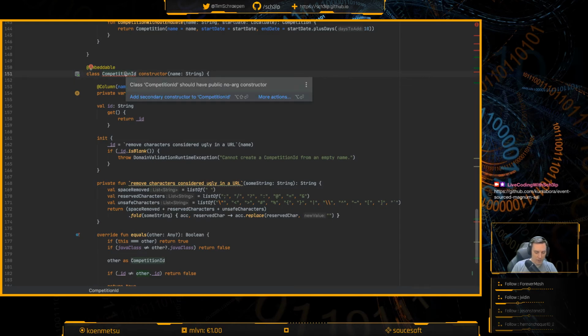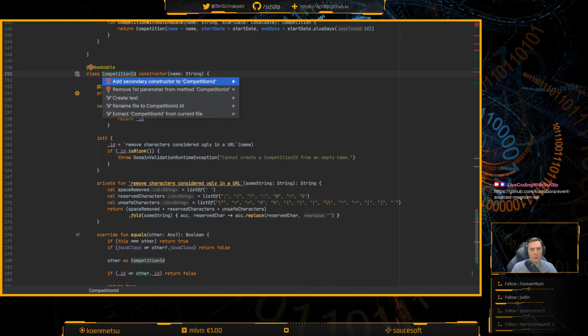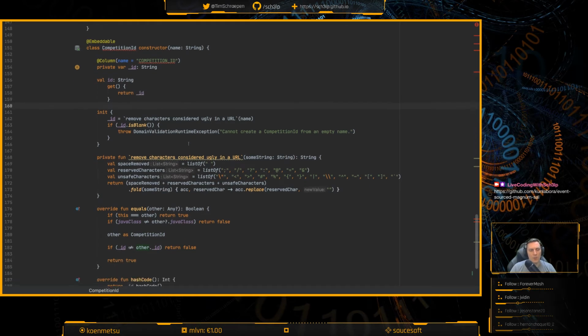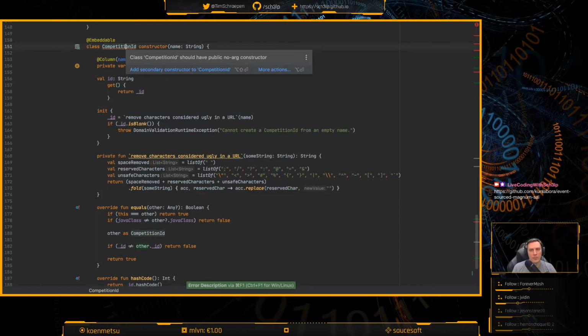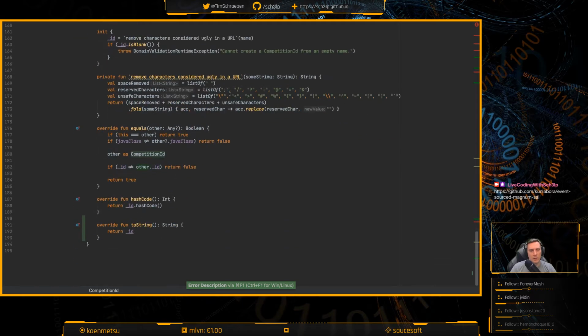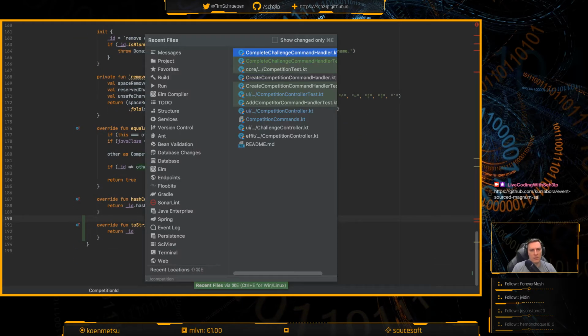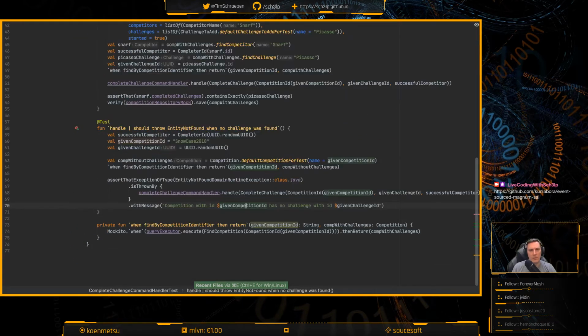Because I have that thing going on. There's like a plugin that transforms Hibernate entities or adds a public constructor, an empty public constructor at compile time. I hope that it compiles.